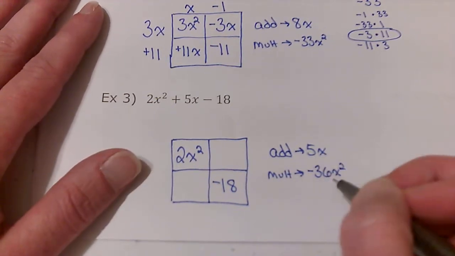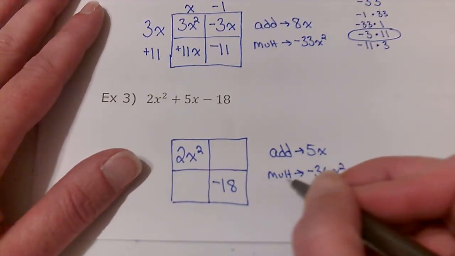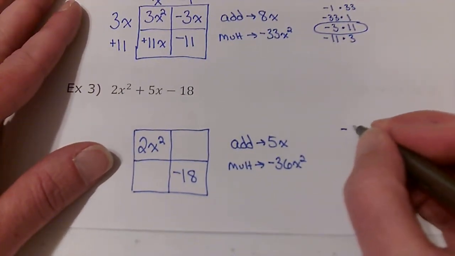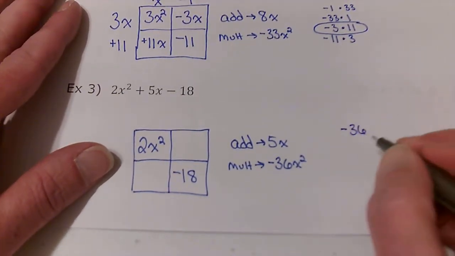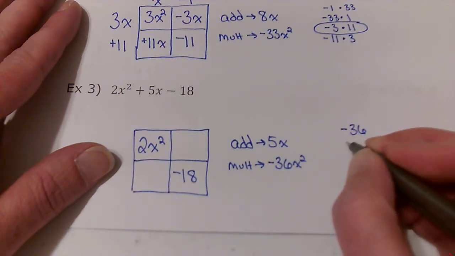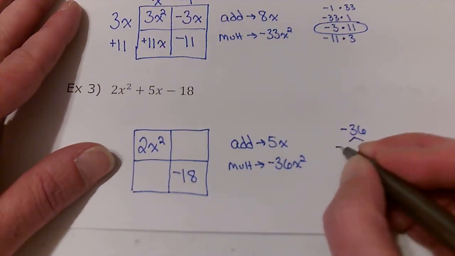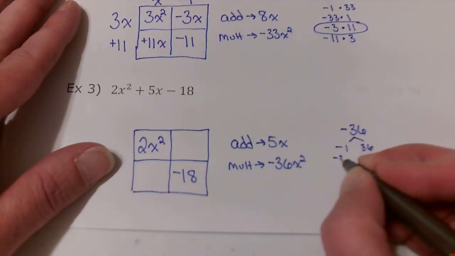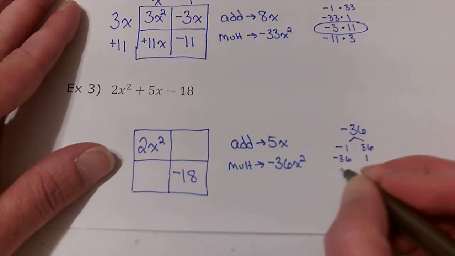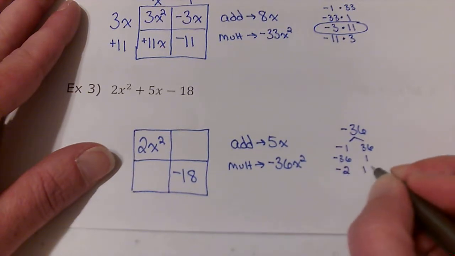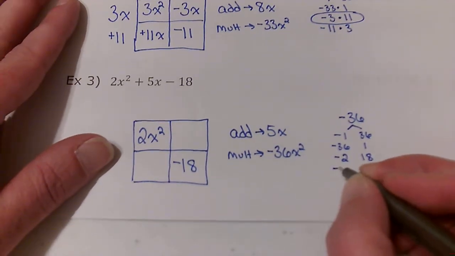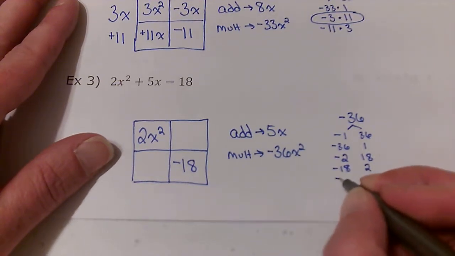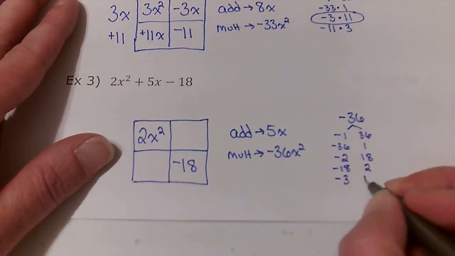We're really looking at the coefficients here. Add to be 5 and multiply to be negative 36. So multiplies to be negative 36. That could be a negative 1 and a 36, a negative 36 and a 1, a negative 2 and an 18, negative 18 and 2, negative 3 and 12,